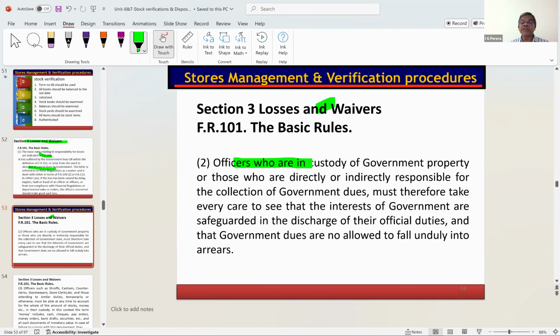The officers who are in custody of government property. So it is government property. When you are taken into custody for a loss or something that happens,